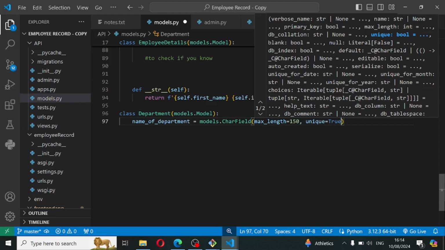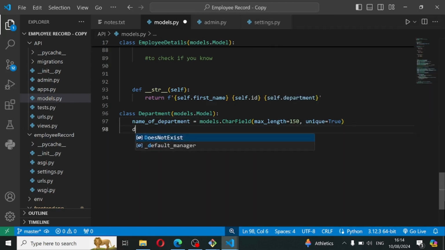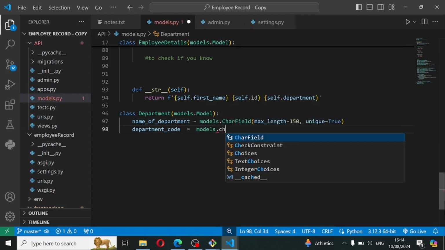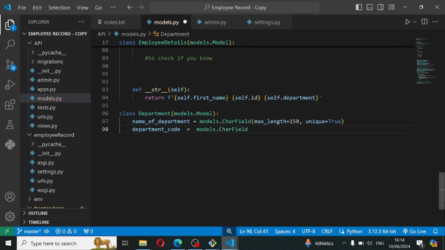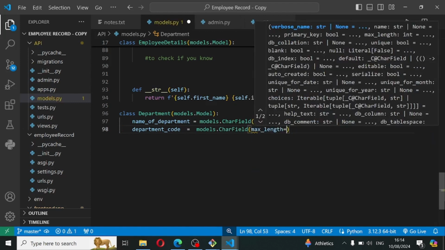Then I'll say some departments have a code, so I'm gonna say department code equals models.CharField, max length equals 20. I'm gonna say unique equals true as well, so that no two department codes can be the